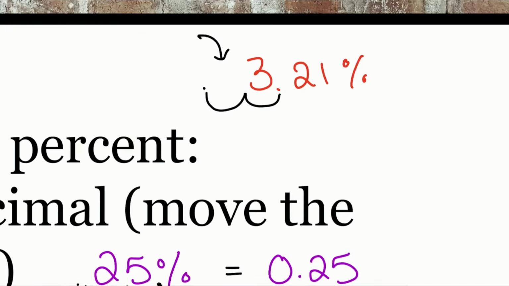But everybody, if there's a blank space there, what number can we assume belongs in there? Yeah, that's going to be a 0. So 3.21%, before we multiply it, is going to turn into the decimal 0.0321, just like that. Remember, no matter what, always move the decimal twice to the left when we multiply by